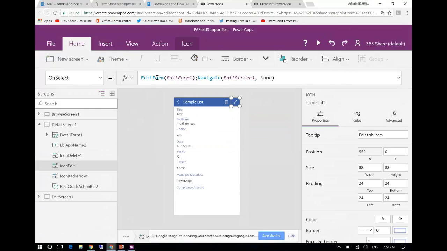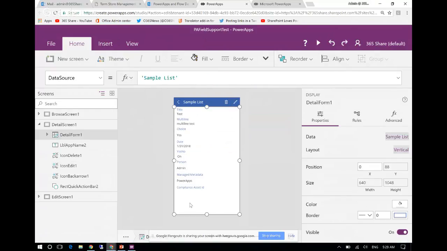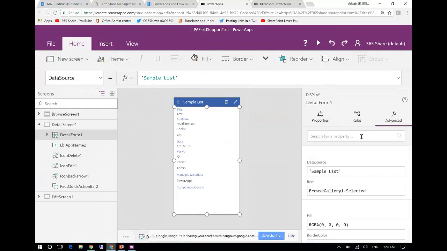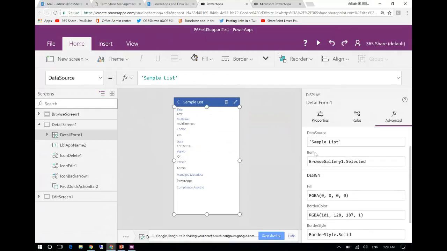Now you will see it goes to the edit form again, but in an edit form command mode. So it will open this edit form with the past parameter as the selected item, and it is done automatically. If you look at the entire form and then jump onto the FX, which is the information, you will see the item is a selected item. So it's going to pass that item ID behind the scene for you to open the information in the ID